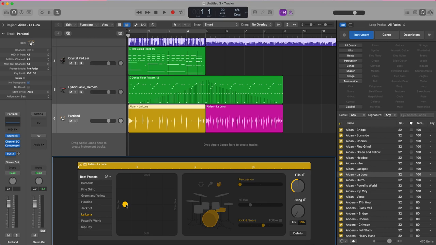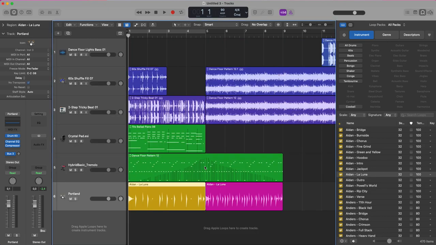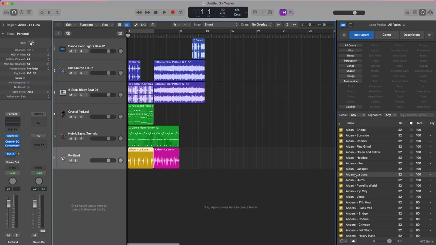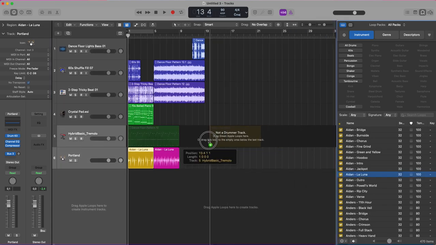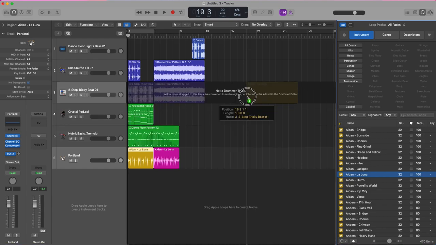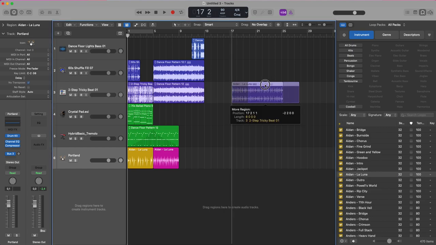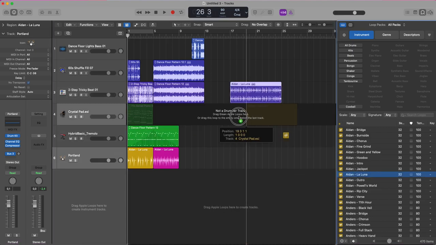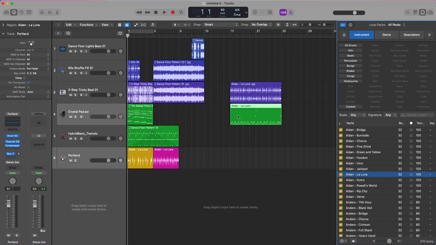But if I drag a Drummer loop into a MIDI software instrument track, at first I cannot drag it because it is not a MIDI region. But if I drag it into an audio track, I will see it. And actually I can see it also in a software instrument track, because even if Logic tells me that it is impossible, if I drag it, I will then see MIDI.